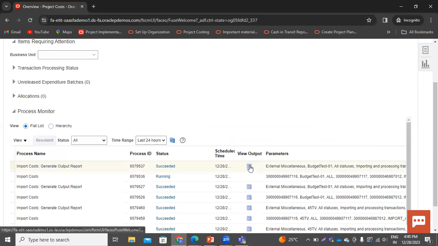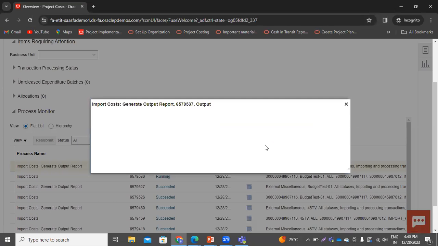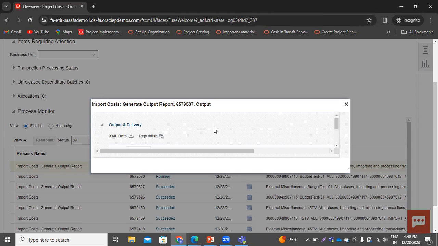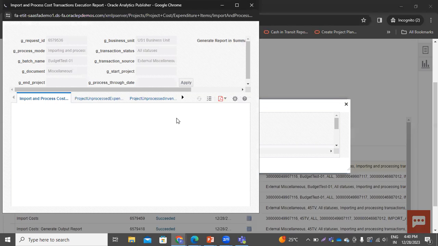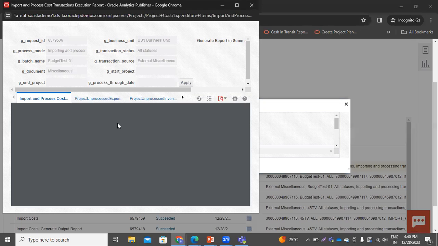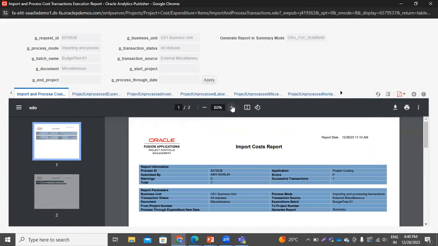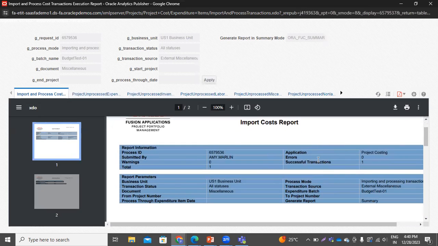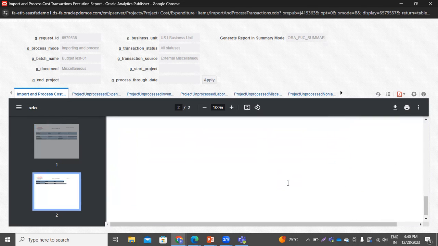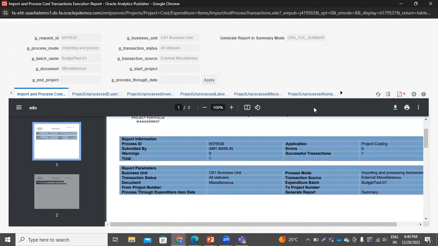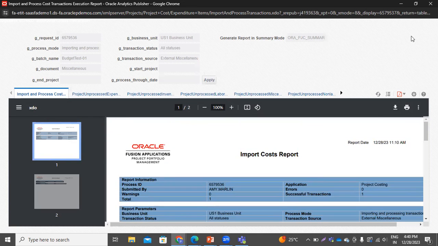So this report is generated. Open this report. And now you can see the successful transaction is 1. Total number of transactions is 1 and the successful transaction is 1. Now successfully this cost has been created. Okay, so now we can check this cost